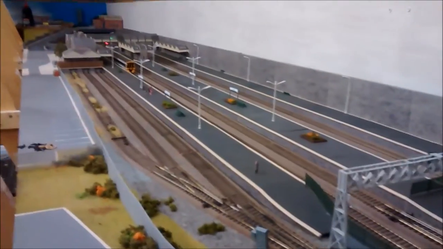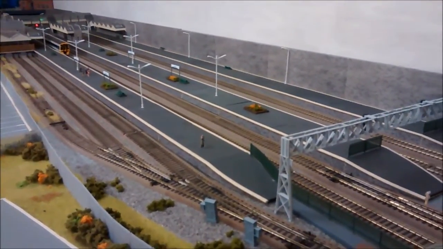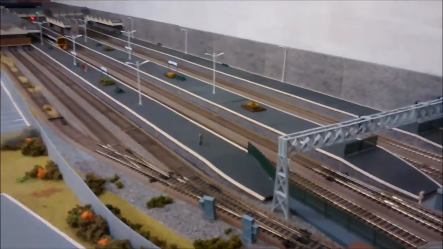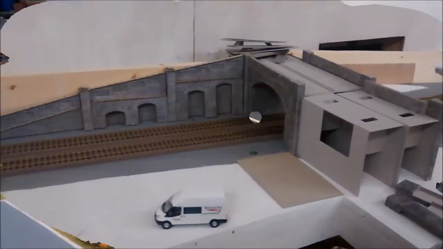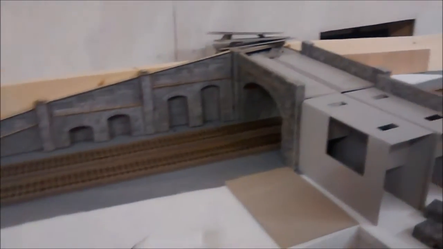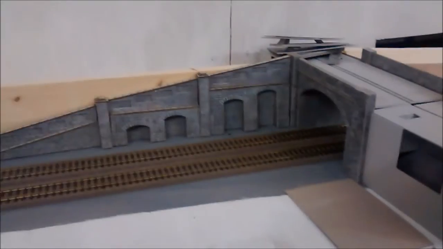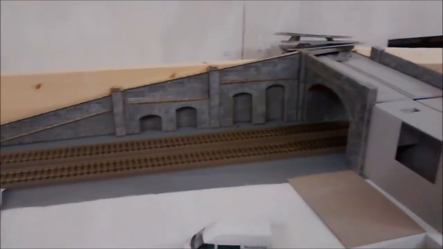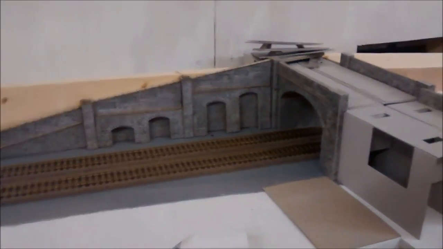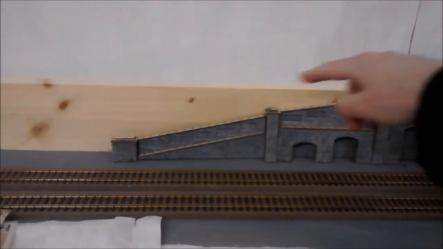What I have been doing really is a bit of work behind the scenes, which I'll just show you. So firstly, just a bit of background into the work that I've been doing. As a bit of a break, I started to look at what I wanted to do with this countryside section, and with the line that goes through the back scene there, I was thinking about putting a bridge just here. Now I started with the Super Quick bridge, which I was going to build a retaining wall for here